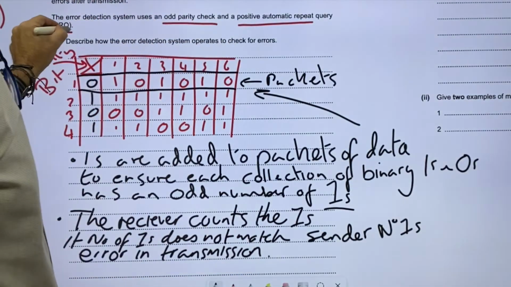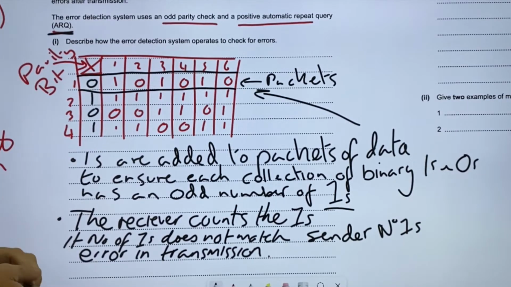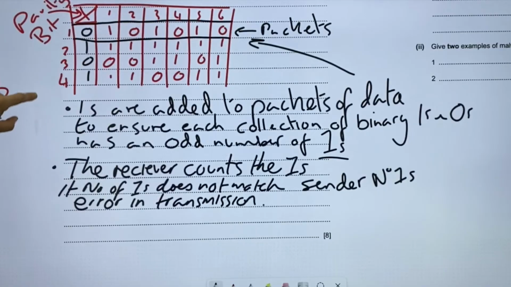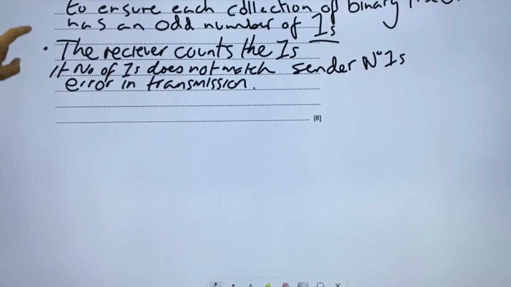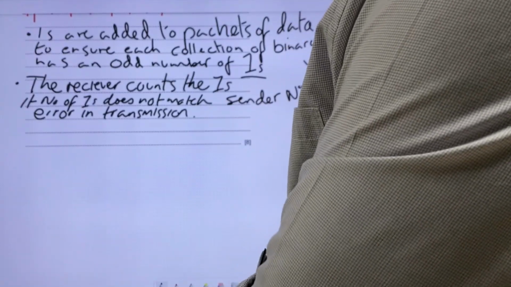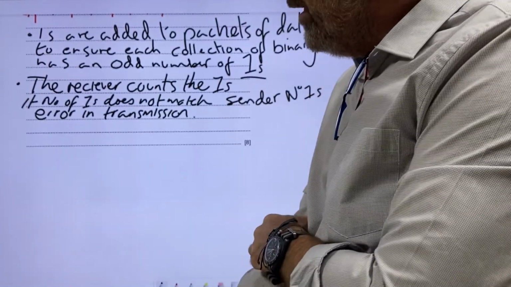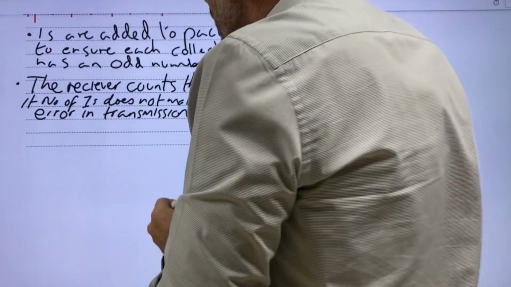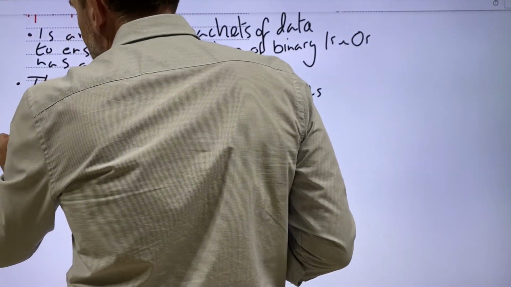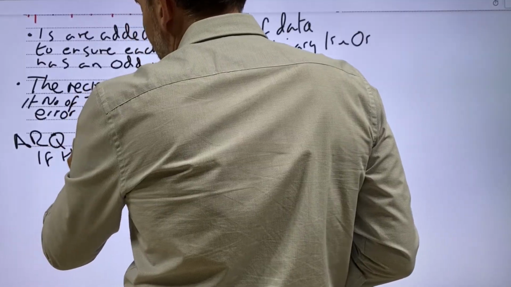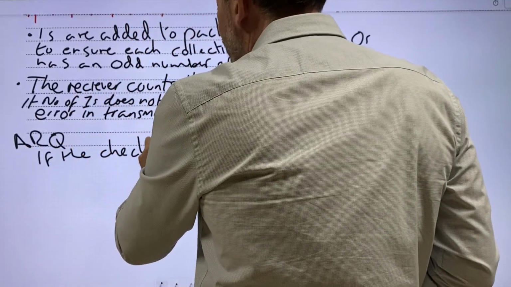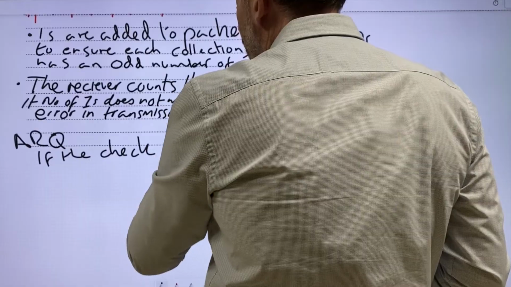Okay, but that leads us on to the next question: describe how the error detection system operates to check for errors in terms of ARQ, the automatic repeat query. Let me just zoom out a little bit here, because it is for 8 marks, so I've got to go into a fair bit of detail. The way the ARQ works is, if the check fails,